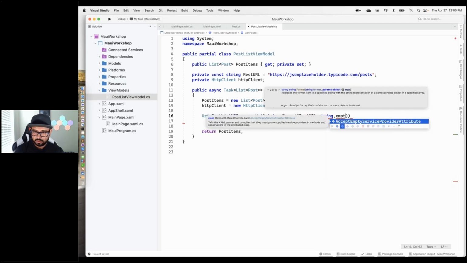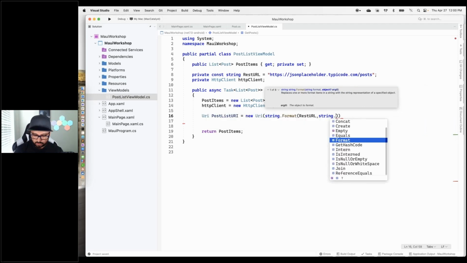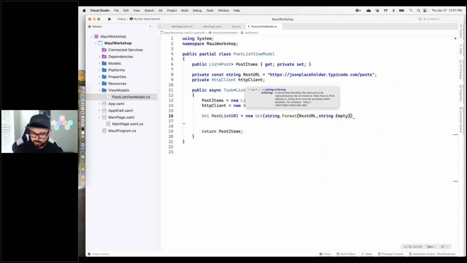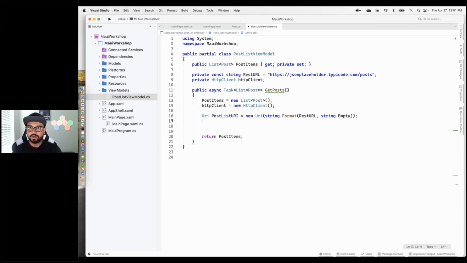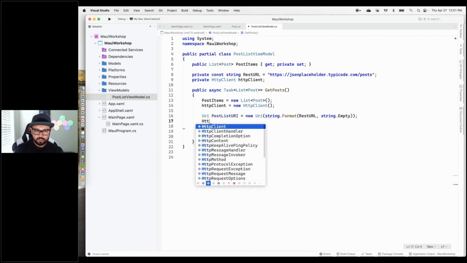What? Oh, I did a comma. String.Empty. All right, here's my URI. So that's what I want to go to, because the HTTP client needs a URI. So HTTP